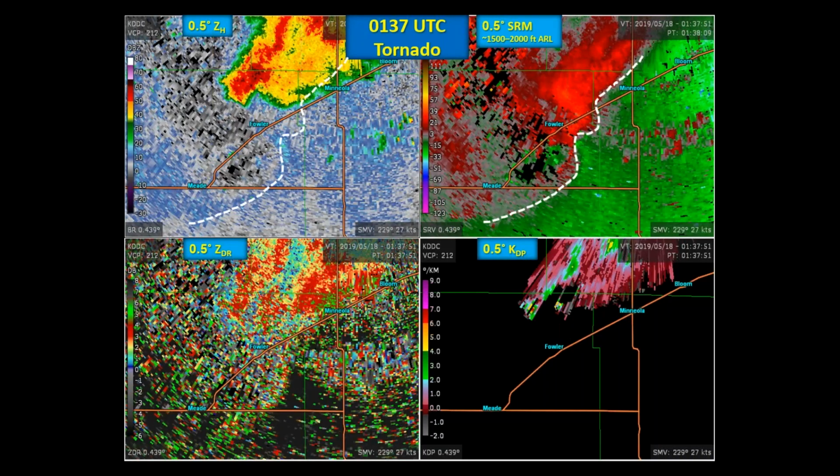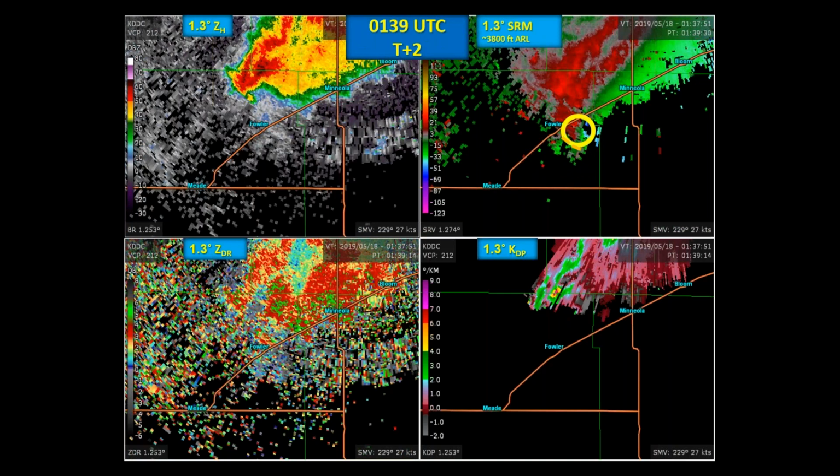So finally, tornado time. Still half-degree. We don't have any great couplet, by the way, but we continue to see the arc. It's not disrupted. We continue to see this airstream coming out of the forward flank. It's turning in this area where exactly the low meso is. And that's 2 minutes into tornadogenesis. Even the signs of the low meso up there at 4,000 feet is not the greatest, but we're not going to be able to